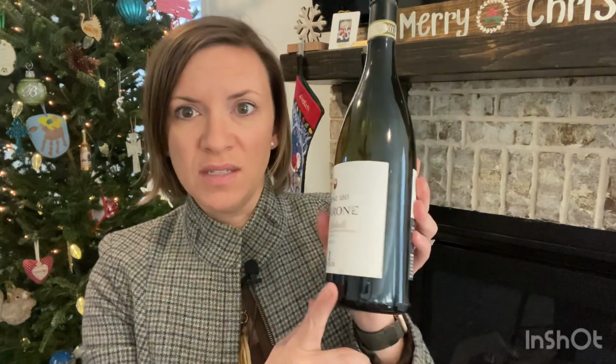fermenting after they've harvested. So once the grapes have been harvested in like late September, October-ish, then instead of going to press, they actually lay the grapes out either on straw mats or they'll hang them from the rafters. And the purpose of this is to let the grapes dry. This allows the water to be evaporated from the grapes, and it also raises the sugar content of the grape as well. Some wines will be turned into a sweeter style wine, but Amarone, for instance, is not one of